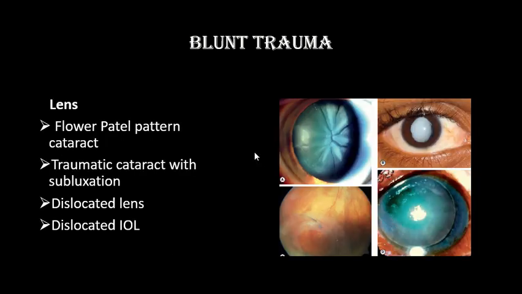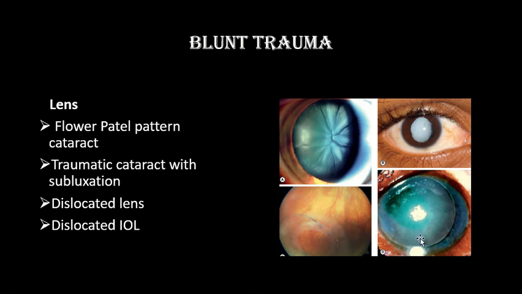There can be trauma to the lens, which can be a flower petal pattern type of cataract, and there can be traumatic mature cataract with subluxation also. Here we can see the edge of the lens, okay, and the patient can have a dislocated lens. See, this lens is dislocated into the